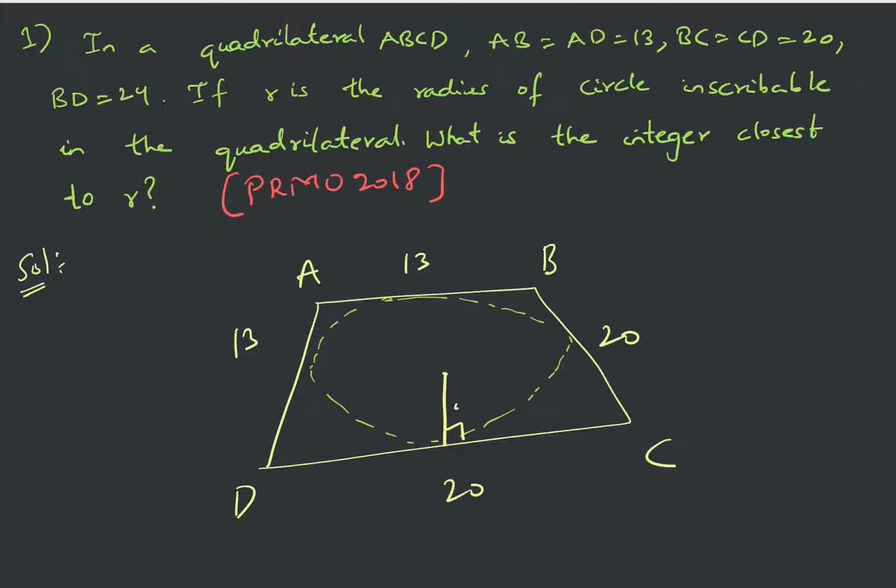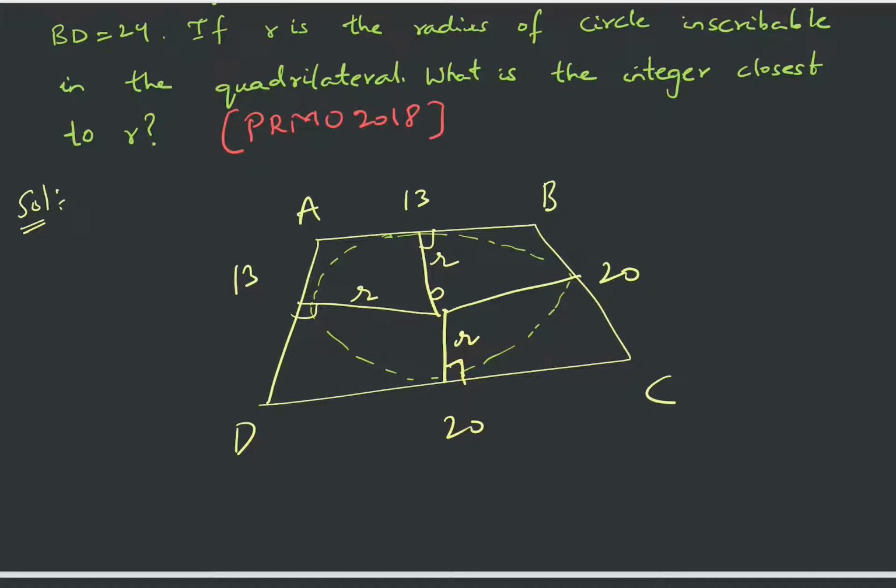The procedure to find the radius of the incircle of a quadrilateral we have already discussed in the session. So if possible, pause the video again and try it again. Fine. So let us say this is the center O. These will be perpendiculars, right? These are all equal to the radius of the incircle. And now we will simply write the areas of the smaller triangles, that is BOC, DOC, AOB and AOD.